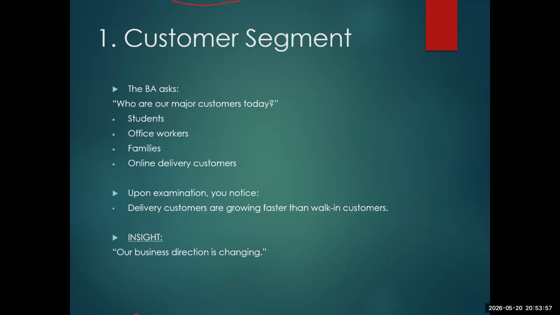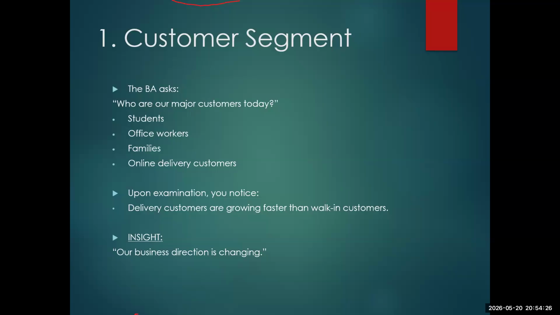And upon doing that, shadowing them for that long or examining the data she's received, she can actually draw out some facts. Fact number 1 is that delivery customers are going faster than walk-in customers. So she's saying that customers are not really coming in. But she's also saying that they are delivery customers. And maybe at the end of the day, she's saying that delivery customers are like twice as much as walk-in customers.